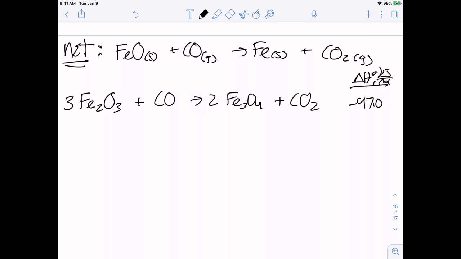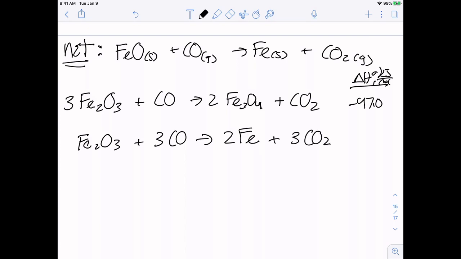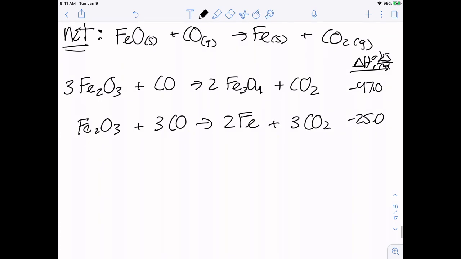My next one, Fe2O3, I'm reacting it with 3 carbon monoxides, and we're getting 2 iron plus 3 carbon dioxide. And my enthalpy change for this is a negative 25.0. And then my third reaction step,